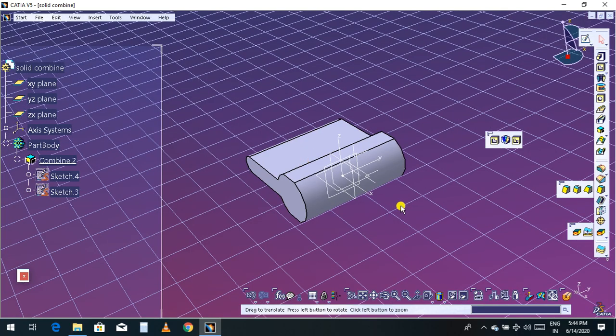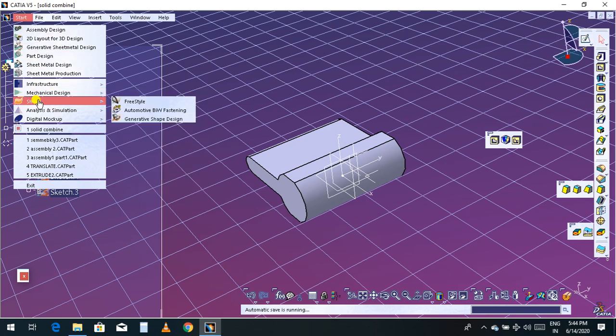So this is the previous example. I'm going to start the intersecting reference plane. So go to Start, and now you can find the Shape.